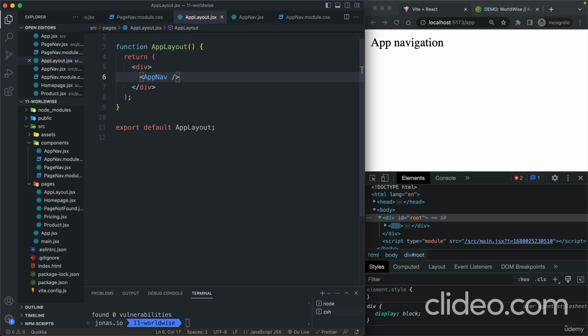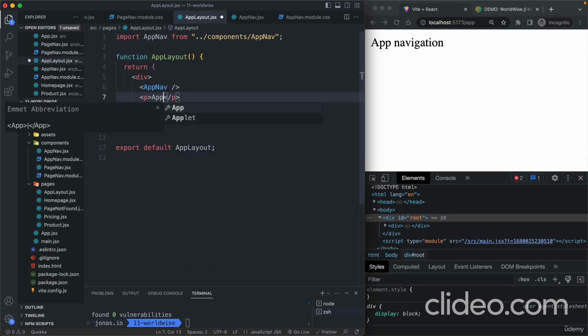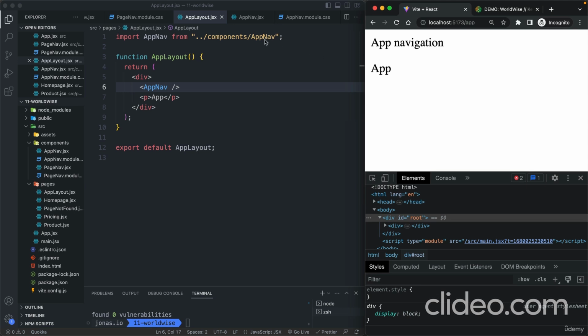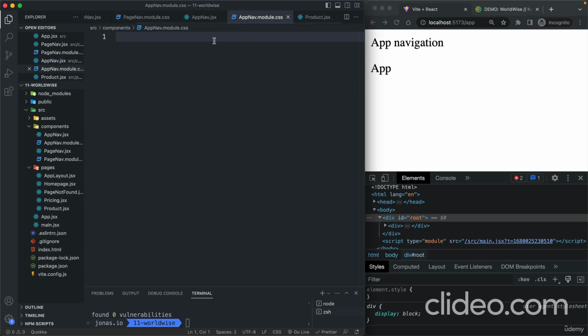So like this, and make sure that it correctly imported. And then maybe some other element here. And so indeed, we now get both of them there. But what I really wanted to do now was to create here another class with exactly the same class name